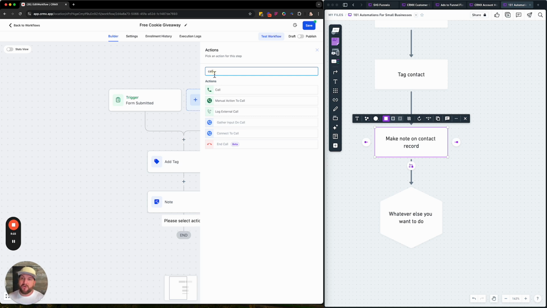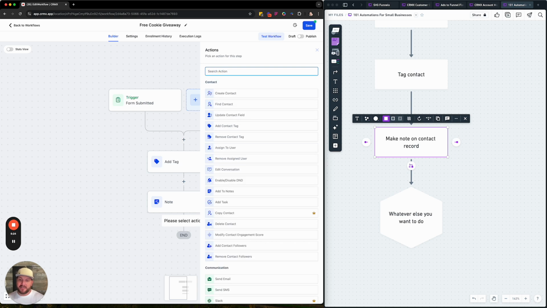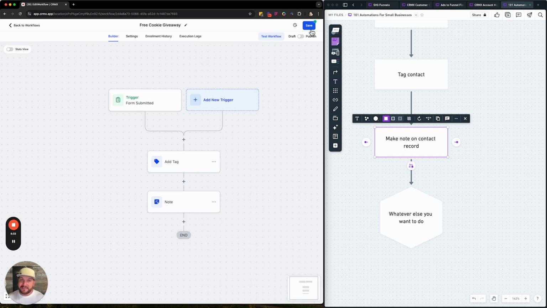Yes, you could. You could do all kinds of stuff to communicate, text, use AI to handle responses to those things. But let's keep it simple. If you're not doing any of this, keep it simple for now, okay? All right. So hit save. Well, let's publish it. Let's hit save. And now, from now on, when that form is created, it's going to create a contact, tag them, and make